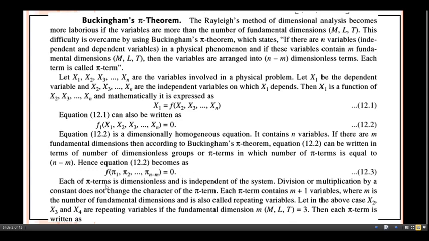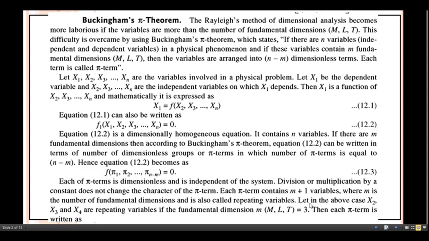Each of the pi terms is dimensionless and independent of the system. Division or multiplication by a constant does not change the character of a pi term. Each pi term contains m plus 1 variables, where m is the number of fundamental dimensions,